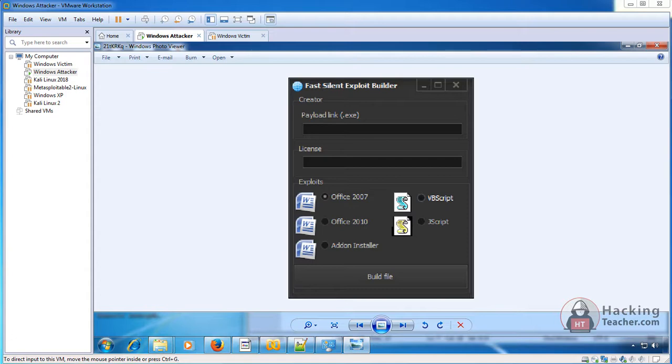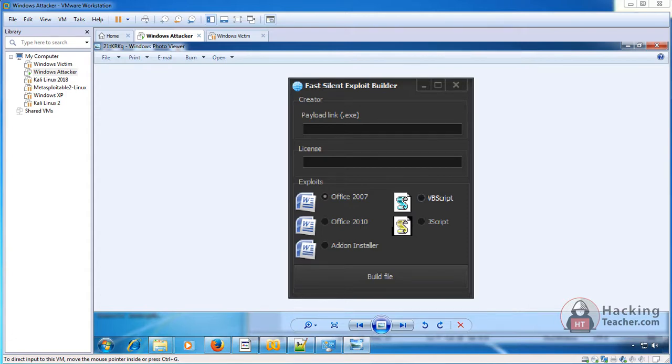The detection ratio which I saw last time was just 4 out of 35. A real silent exploit is always 0 out of 35, because no one is aware of it, so no antivirus would detect it. But mine is detected by 4 antiviruses. I'll show you how to use it in the next video, as a real exploit form, not like these types of builders, because they could mostly be scammers.